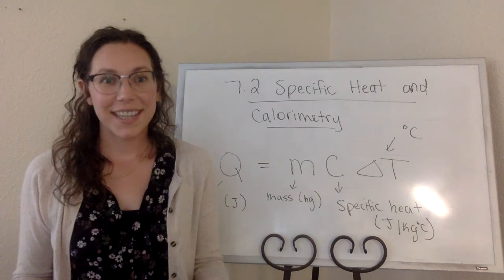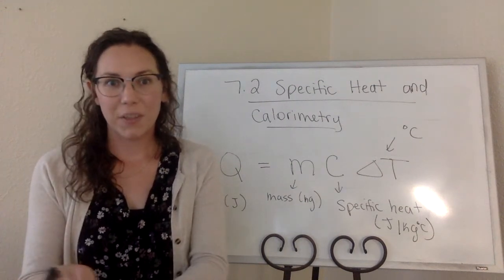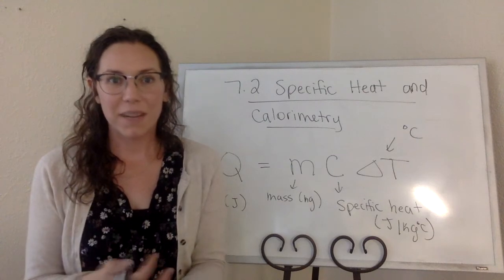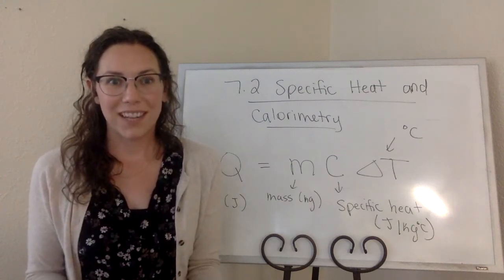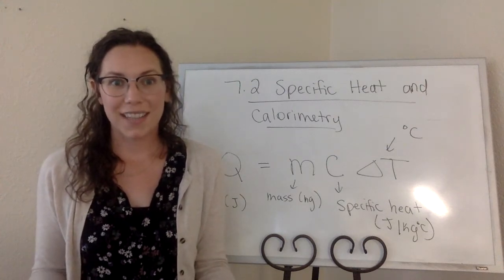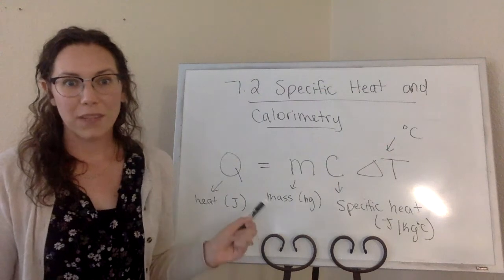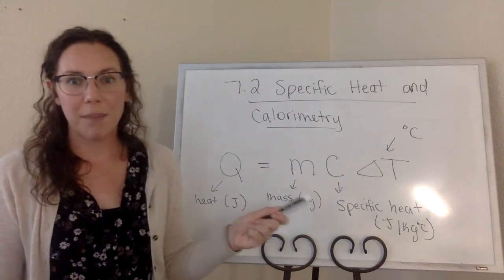When a substance is heated or cooled, two things can happen. Either one, the temperature can change, or there can be a phase change. In this section, we'll look at the heat associated with changes in temperature. So when heat transfers and causes a temperature change, the amount of heat transferred, Q, in joules equals mc delta